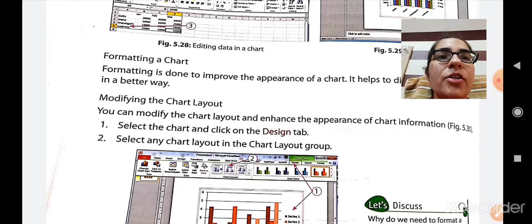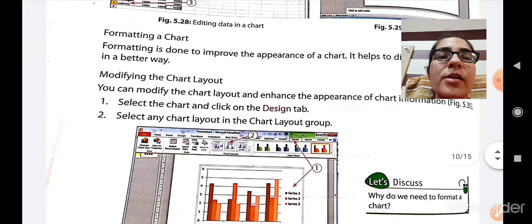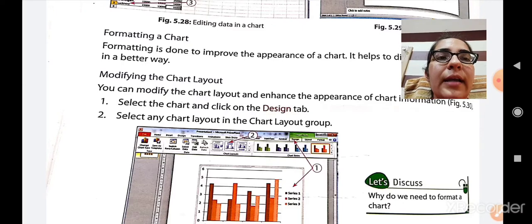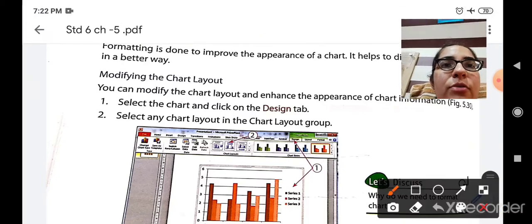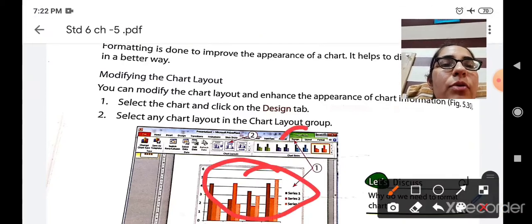You can modify the chart layout and enhance the appearance of the chart information. First you have to select the chart and then click on the Design tab. Select any of the chart layouts in the Chart Layout group. Okay, so first you have to select the chart, then go to the Design tab and you will